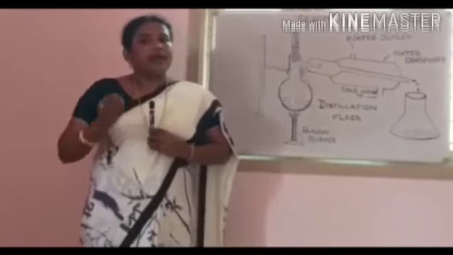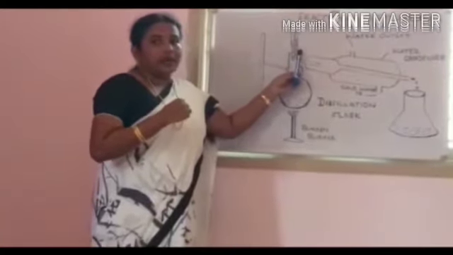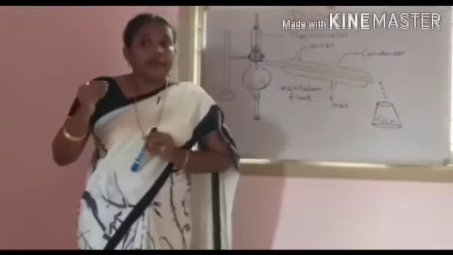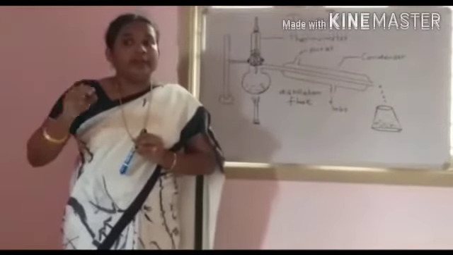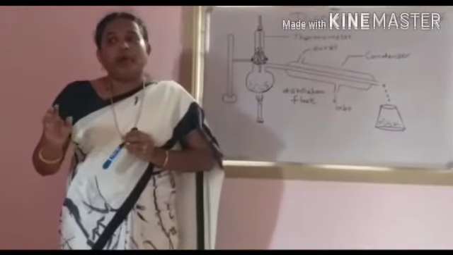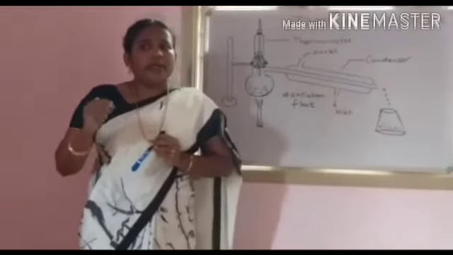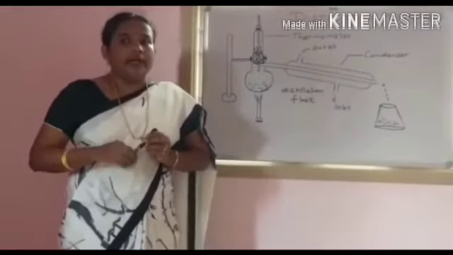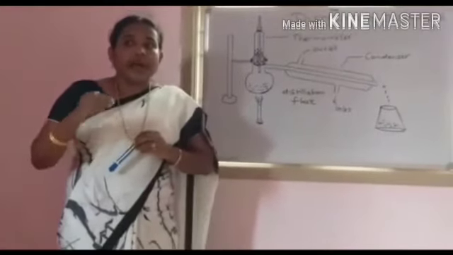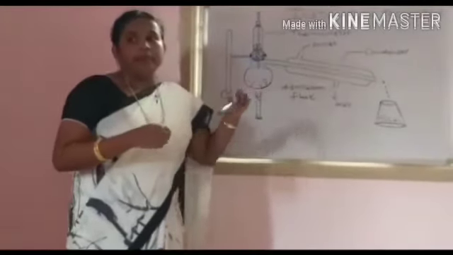Vapor rises in the column. As the vapor rises through the trays in the column, the vapor cools. When the vapor of a liquid reaches a height where the temperature of the column is equal to that liquid's boiling point, it will condense to form a liquid. The substance with the lowest boiling point will condense at the highest point in the column. The substance with the higher boiling point will condense lower in the column.